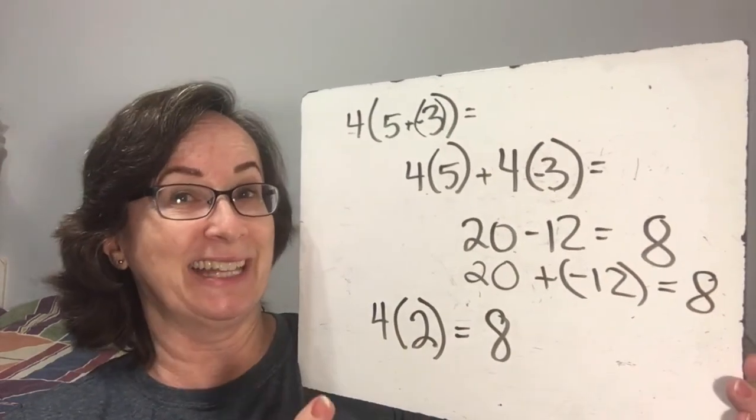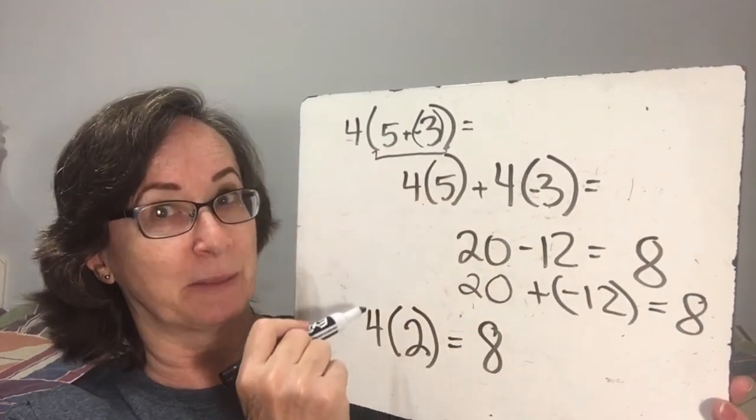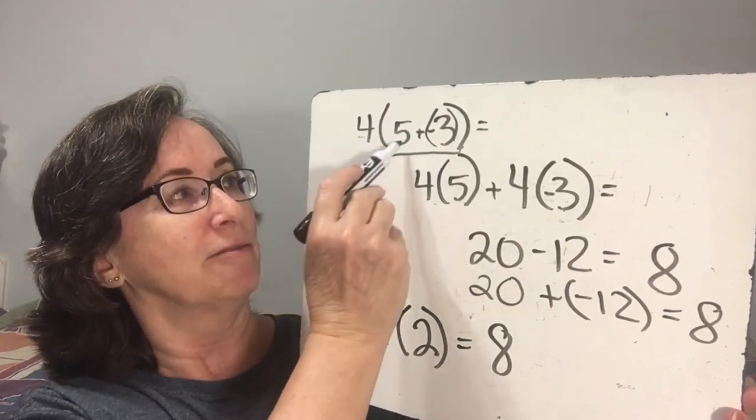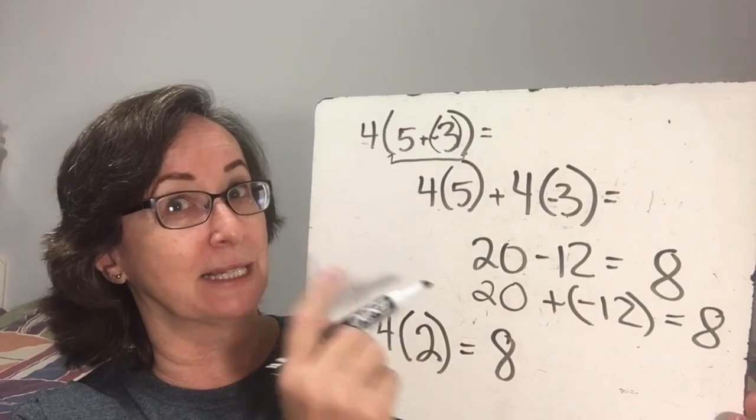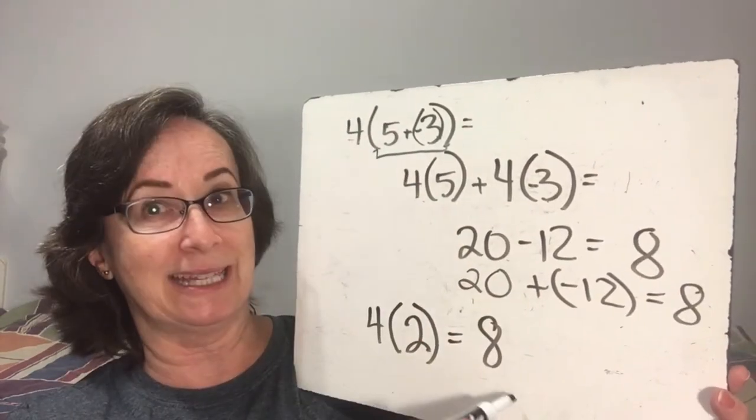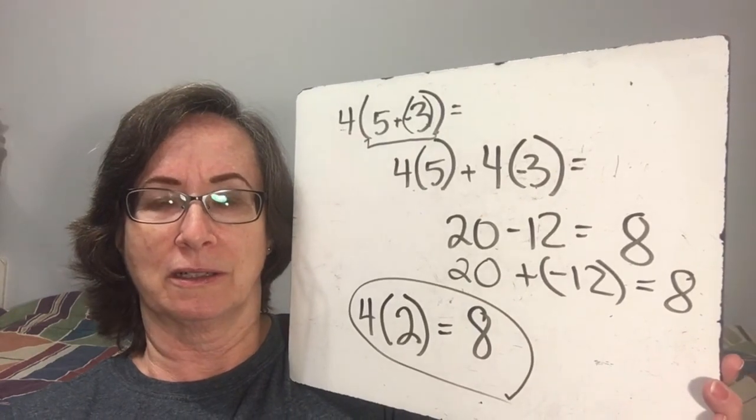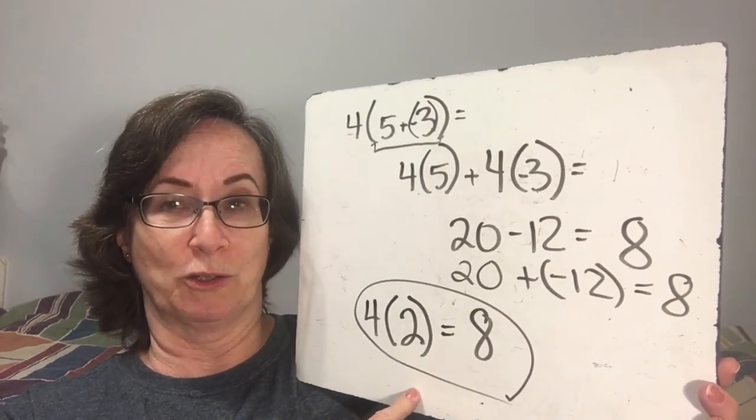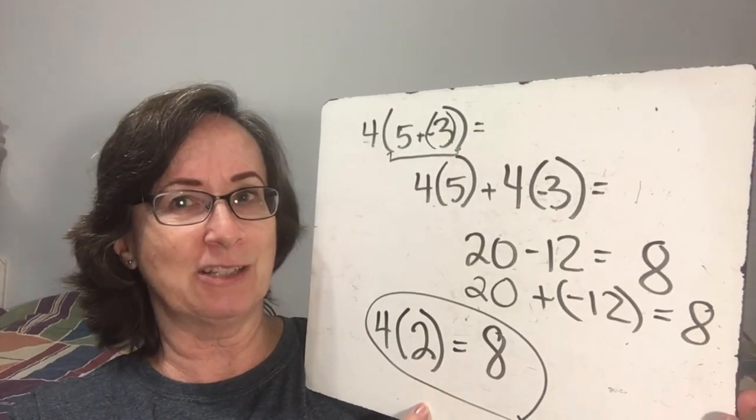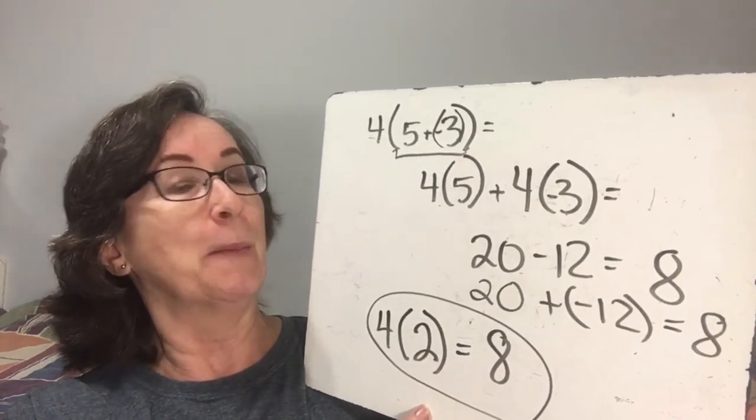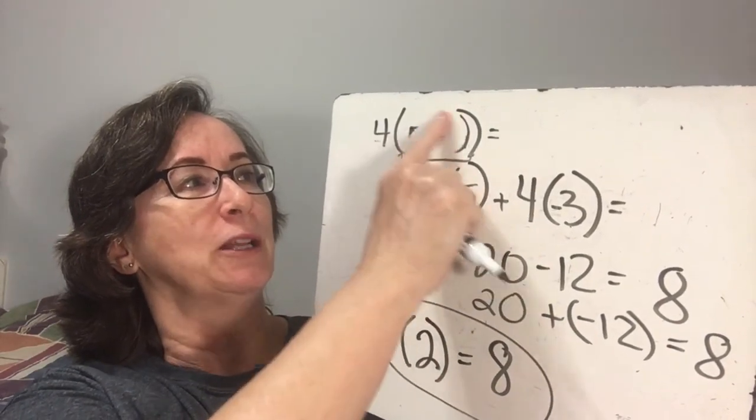But what if I did it the other way? What if I did this in here, did the parenthesis first? 5 minus 3, or 5 plus a negative 3, is 2. 4 times 2 is 8. Well, that's much faster. We'll use normal multiplication if we can, because it's faster. But it's not always going to be